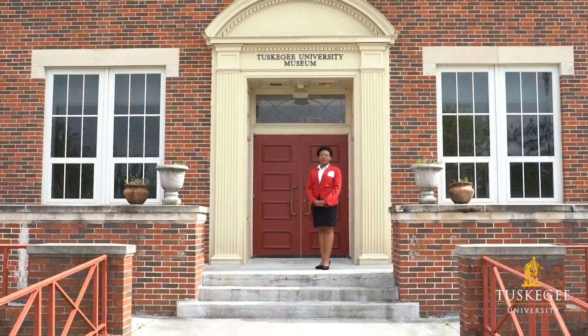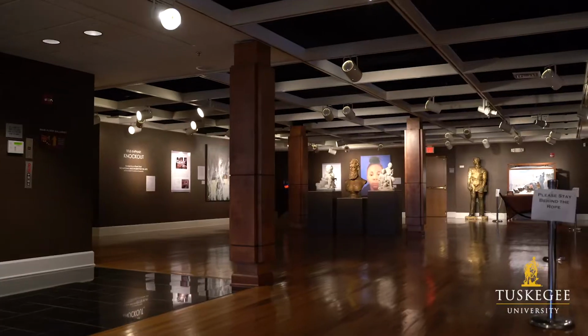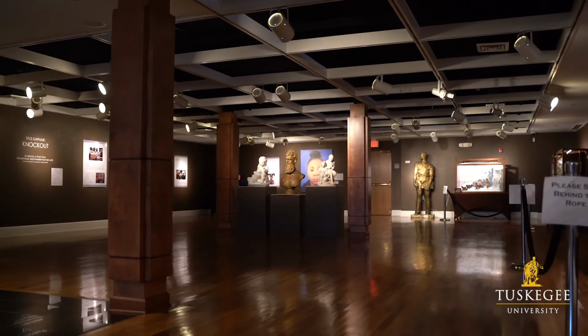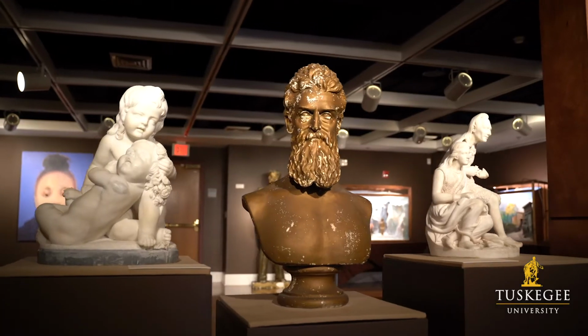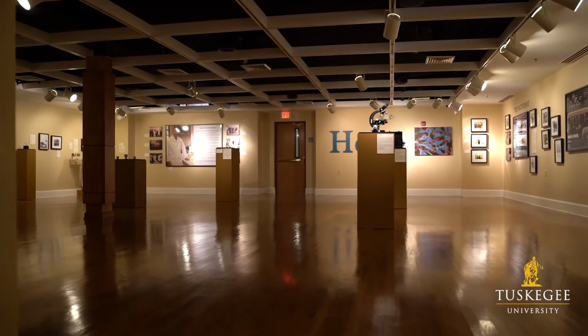I stand here before you at the Legacy Museum, dedicated to the 599 participants of the United States Public Health Study of Untreated Syphilis in the Negro Male. This study lasted from 1932 to 1972. In April of 2009, the Legacy Museum opened with treasured Tuskegee University historical moments in public service, science, medicine, and